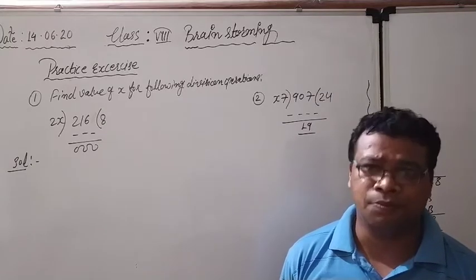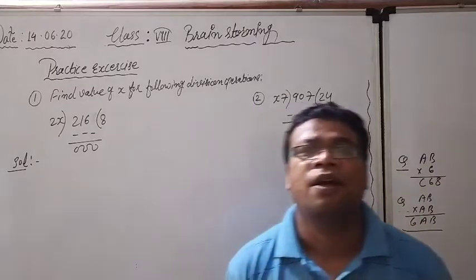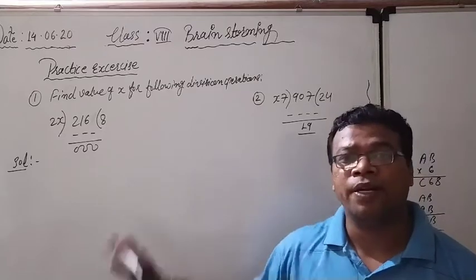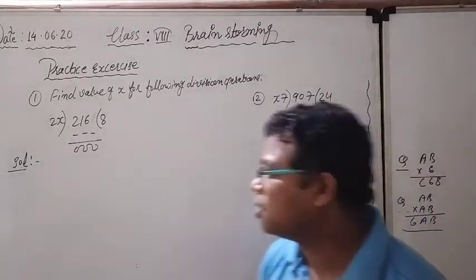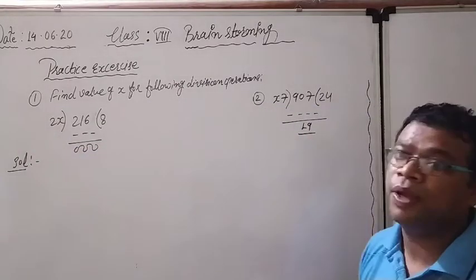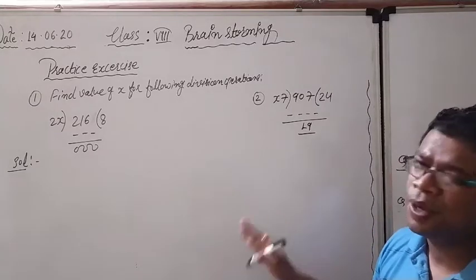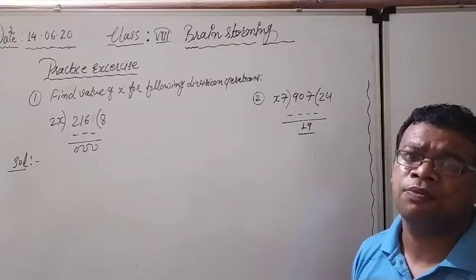In my last video, we have seen some exercises based on addition, subtraction, and also on multiplication, but division remained. So right now there are 2 questions, and here we have to do the same thing. What is the missing digit? It is given in the form of x. So we have to find out the value of x. See how we have to do it. It is a little complex, but according to me it is very easy.